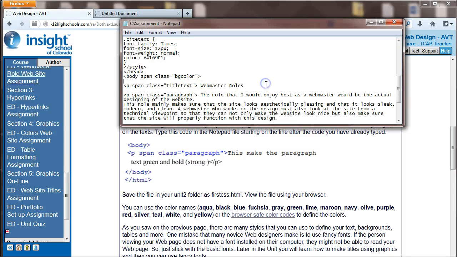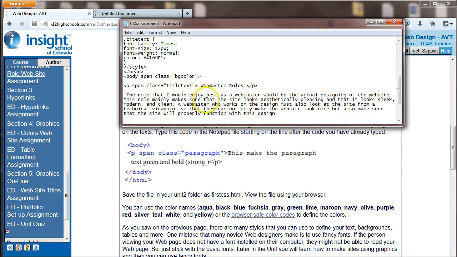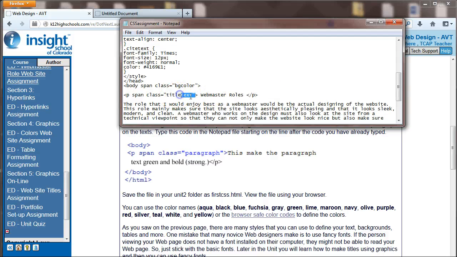Okay, and then also we need to make sure that we close this paragraph here at the end of Webmaster Rules. So basically what we said with this line of text is, with this new paragraph, we're going to apply the style title text to this text typed here, close that paragraph. I kind of cheated and put this here earlier. So now that style is going to be applied only to the text that shows up within those open and closed tags. So now with this next paragraph, we need to restart